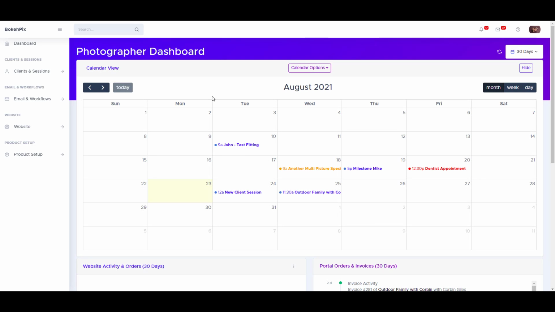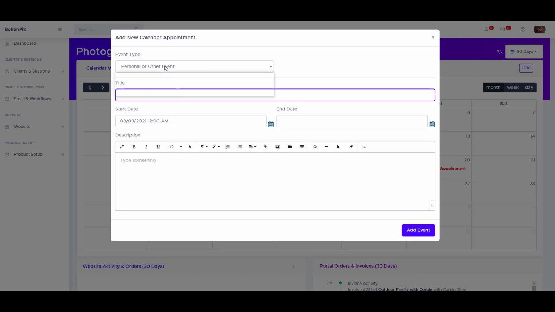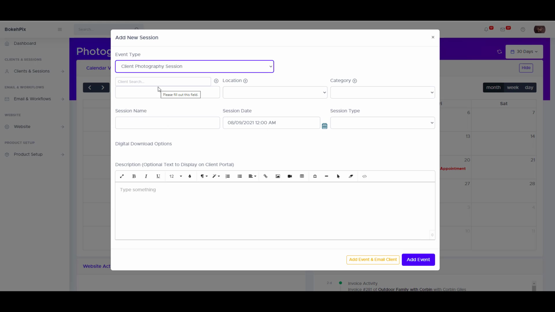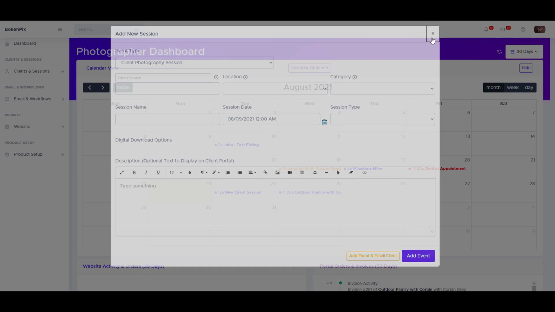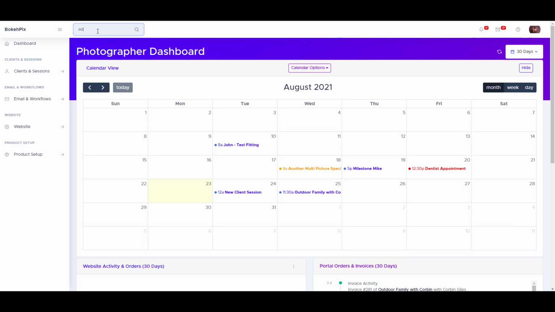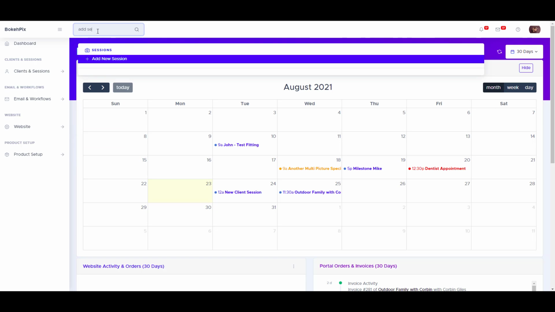There are two types of sessions in BokehPix: proofing sessions and final sessions. The final sessions are those where you allow clients to download digitals and order prints. You can build a final session either on the calendar by selecting Client Photography Session and filling in the required fields, or using the search bar where you can select Add Session,